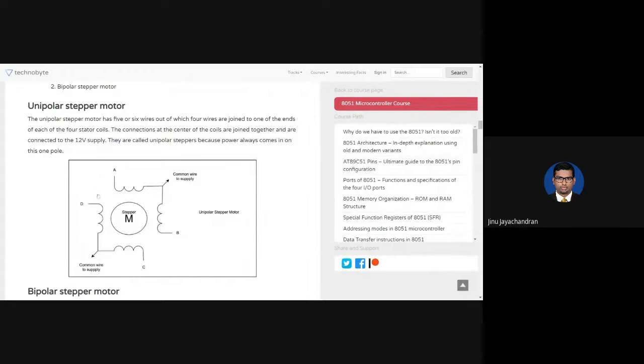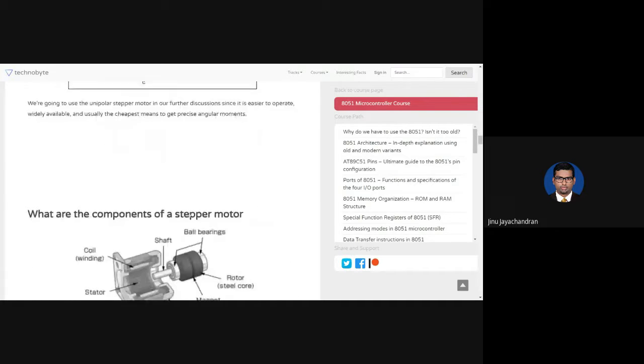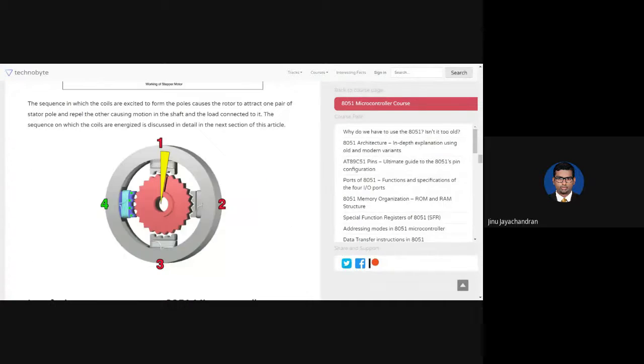Now, why this is happening is, the stepper motor is working on a 12 volt supply, and when you want to rotate the stepper motor, to magnetize these electromagnets, you need to have a heavy current flowing. Okay, so if you connect directly to the microcontroller port pins, each of these electromagnets needs at least around 100 milliamps to 1 amp current, but your microcontroller can supply a maximum of only 25 milliamps. If you try to draw more than that current, then it will damage your port pin of the controller.